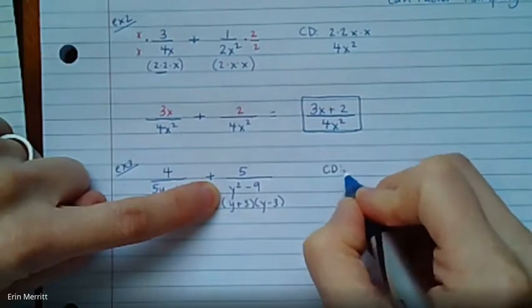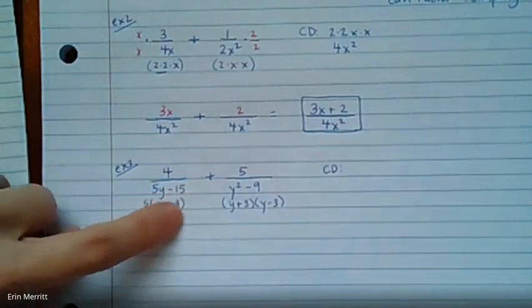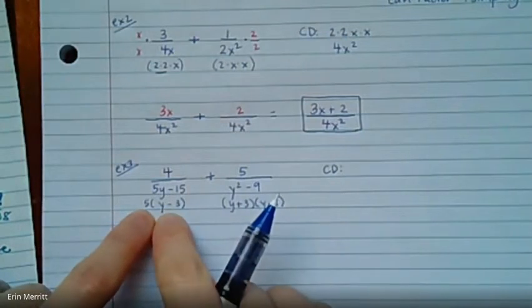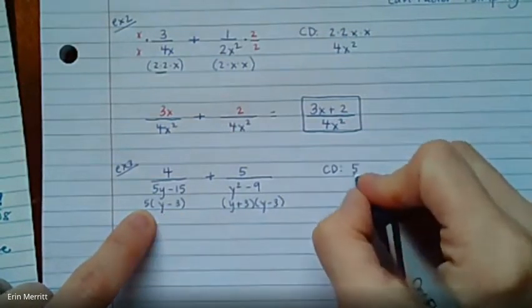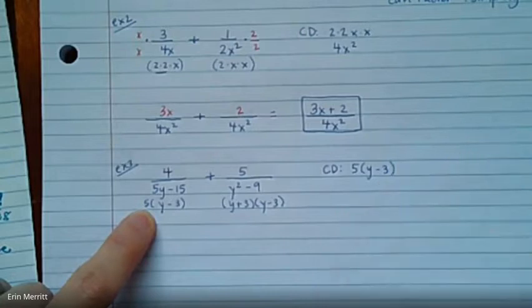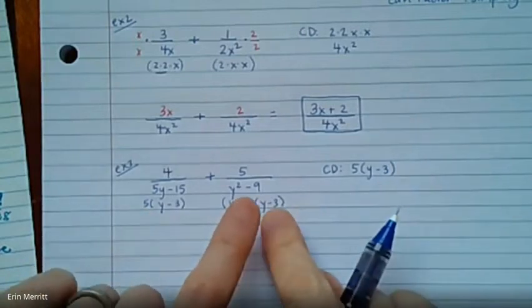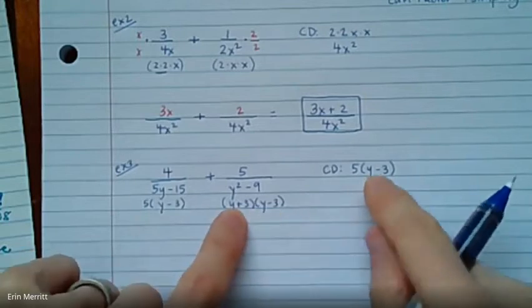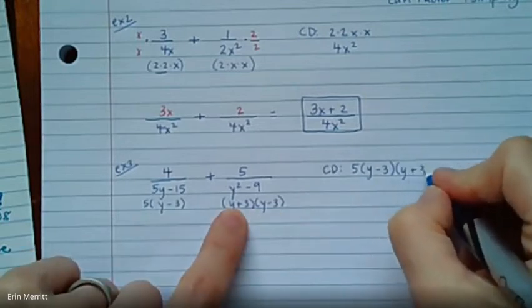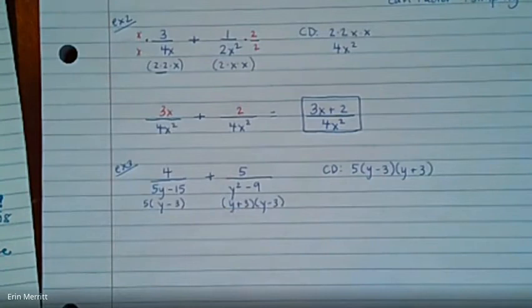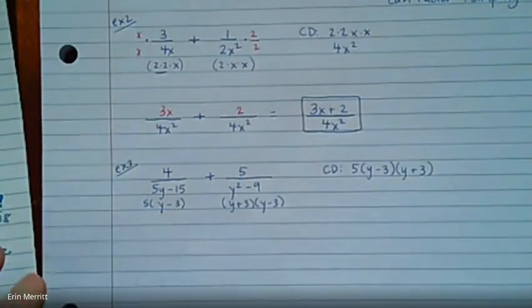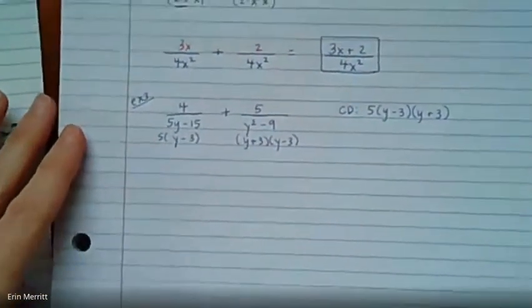So when I pick out my common denominator, it has to include all of the factors. So since there's a 5 and a y minus 3 from this first one, it has to have 5 and y minus 3. From the second one, it needs to have y plus 3 and y minus 3. Well, the y minus 3 is already there, so it's just missing the y plus 3. So make sure that it includes all the factors that are listed in the denominators here. You'll know if you picked right if this next step